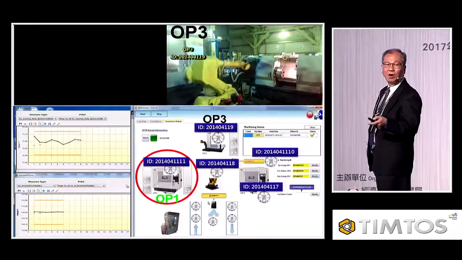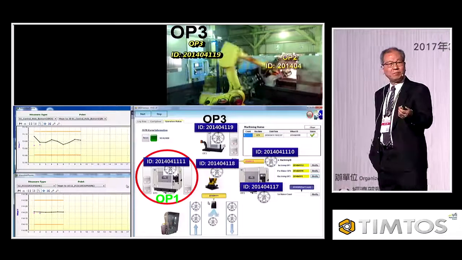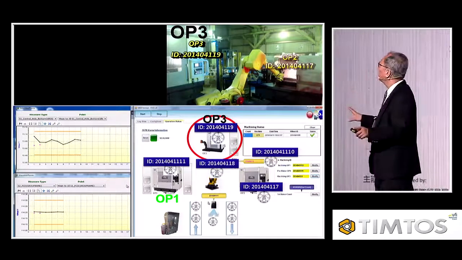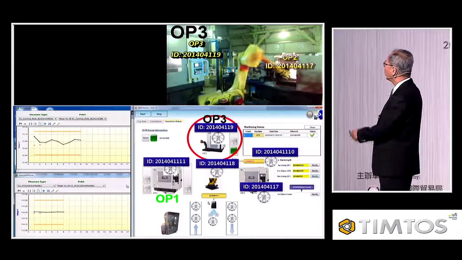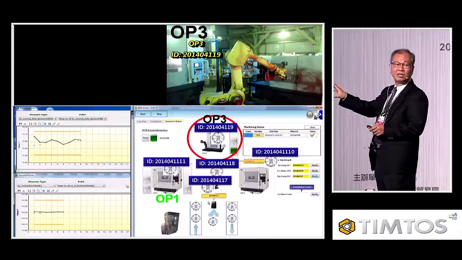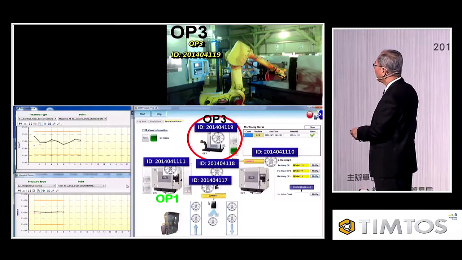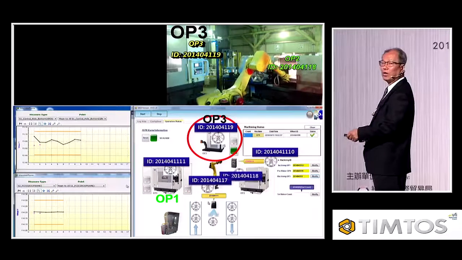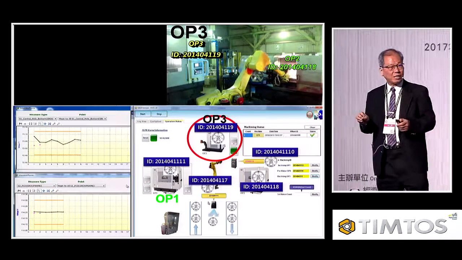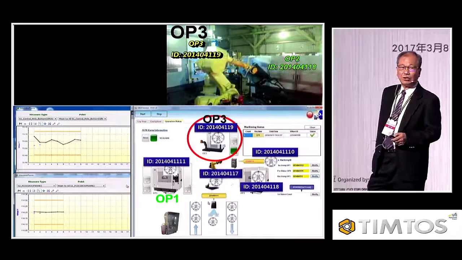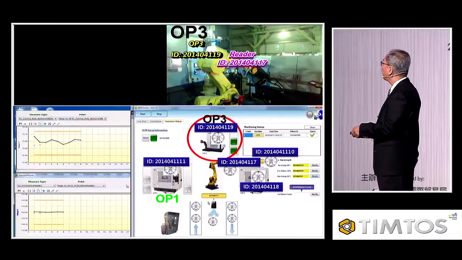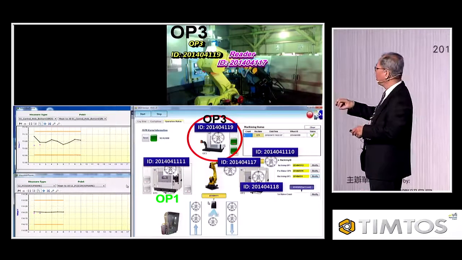So even though the door hasn't completely opened, the quality has been conjectured, has been predicted. By the same token, not only OP1, but also OP2 and OP3, after finishing, we can predict the quality in real time. After finishing all of the operations, he can get all the quality data. And all those quality data you can correlate together and convert into a QR code. And we can use the laser marker to engrave the QR code on the wheel.